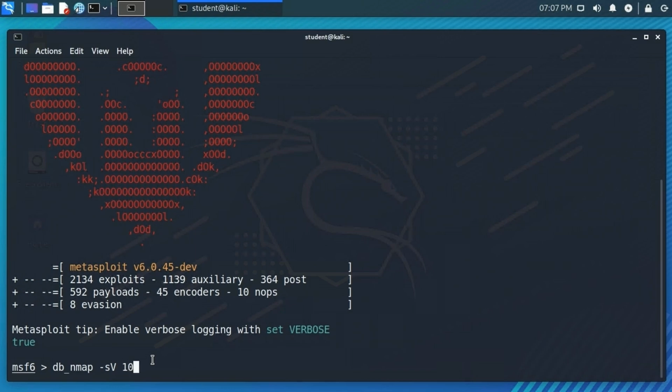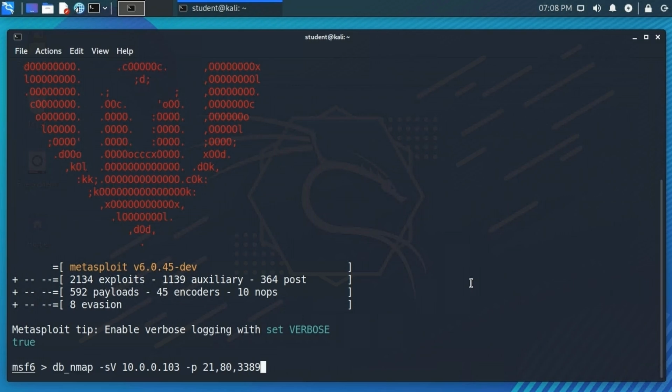And then I'm going to specify the IP address of one of the live systems on my network, which is 10.0.0.103. And just to save time here, I'm going to specify a few ports to scan. So I want to scan port 21, port 80, and 3389, which is the remote desktop port. In this example, I'm not going to scan the whole network just to save some time. I'm only going to scan the one system,